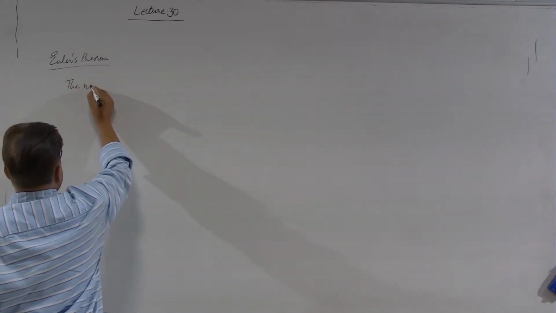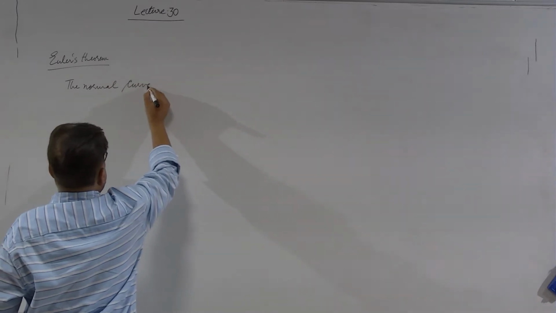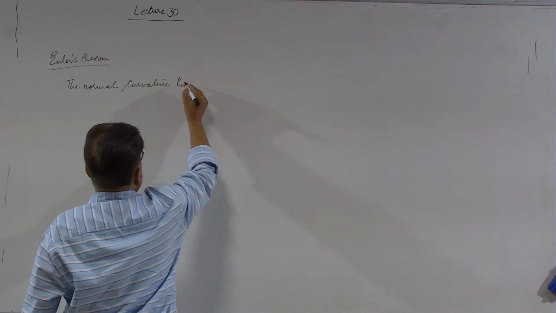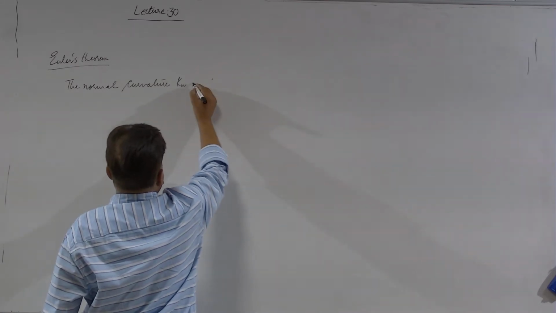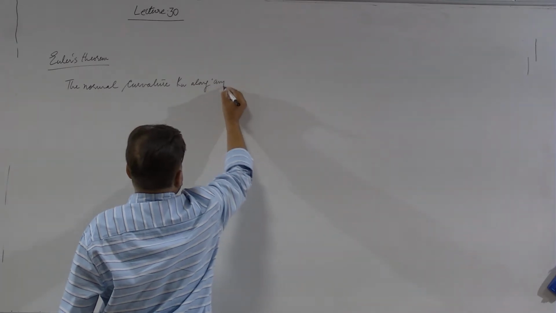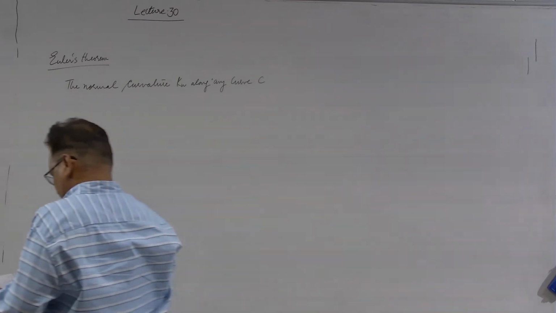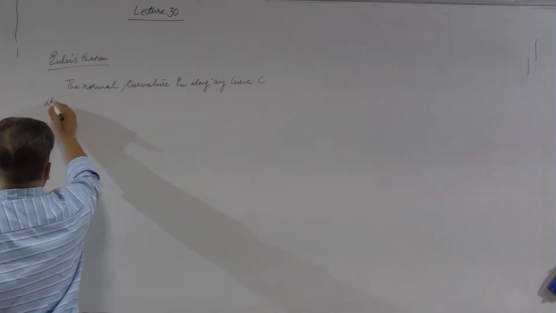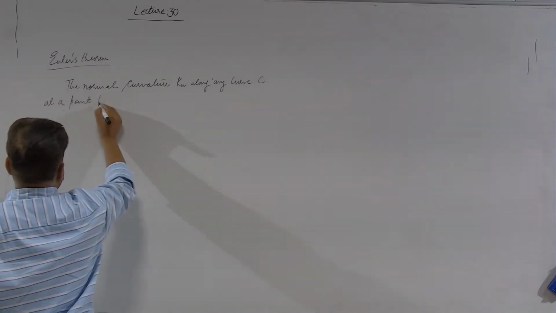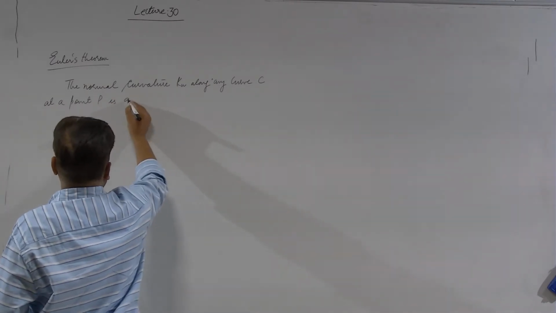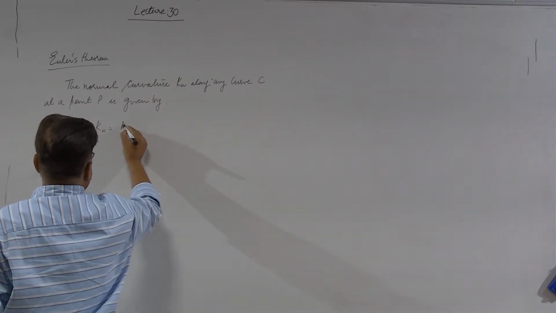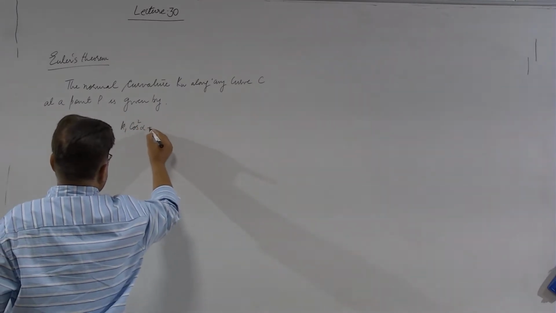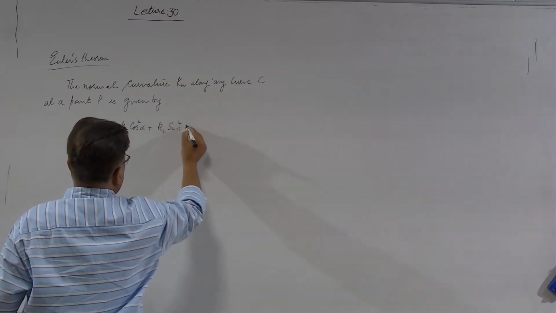The normal curvature k n in any direction, direction meaning along any curve c at a point p, is given by k n equal to k 1 into cos square alpha plus k 2 into sin square alpha, where